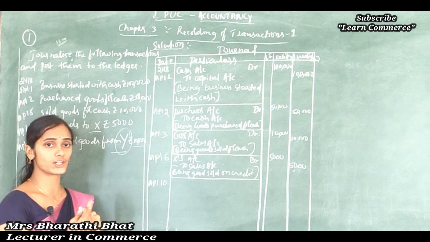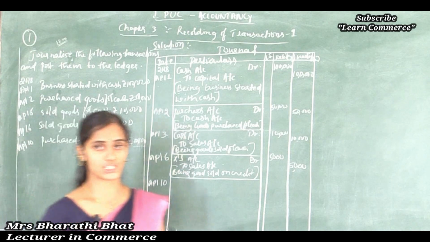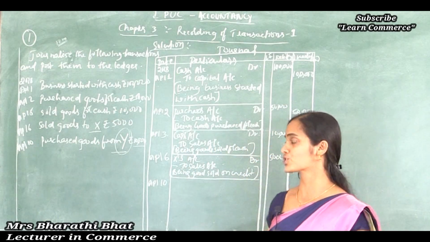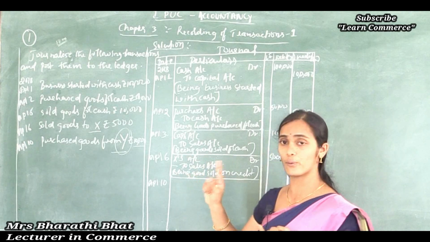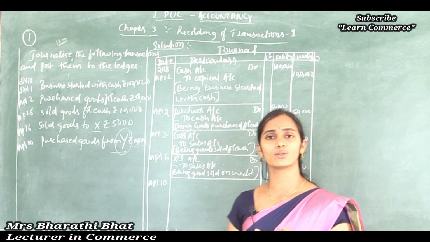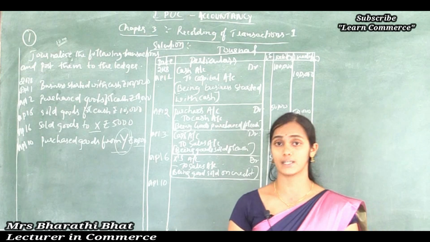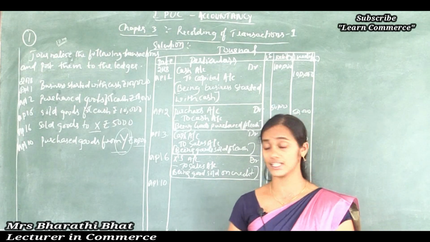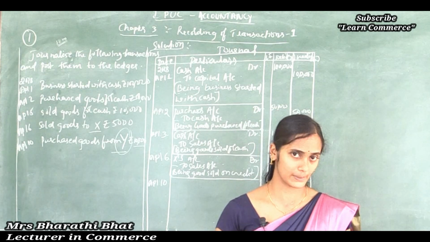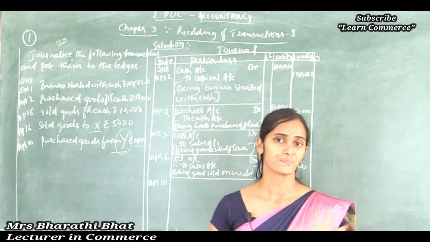So how can we record the transaction? What are the two accounts involved in this? One is purchases, another one is creditor. Who is creditor here? Y is creditor here. So what is the journal entry for this particular transaction? Purchases account debited to Y's account. Purchases means expenses. Increase in expenses is to be debited. So purchases account is debited here, and Y is creditor. Creditor comes under liabilities. According to the rules of liability, increase in liability is to be credited.